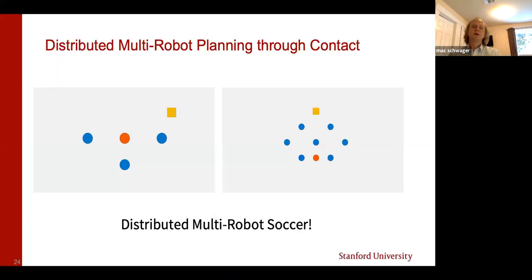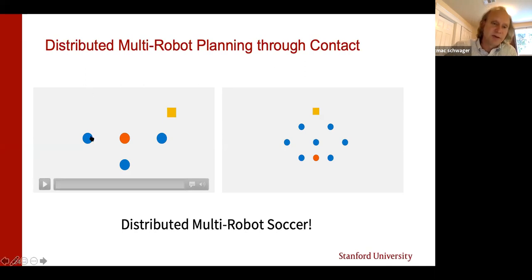Okay, so just some teasers on some current work. This is work that will be written up in papers that will likely appear in RSS or at least very soon. So we're doing this with planning problems with contact. So suppose we have these 3 blue robots, and their goal is to manipulate this, say, virtual soccer ball along a desired trajectory to end at this yellow square.